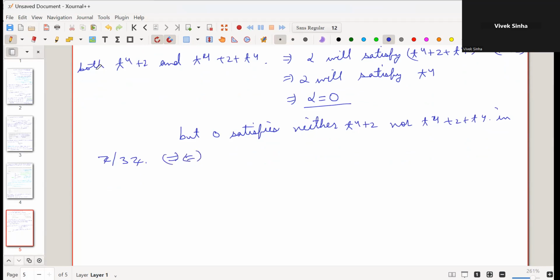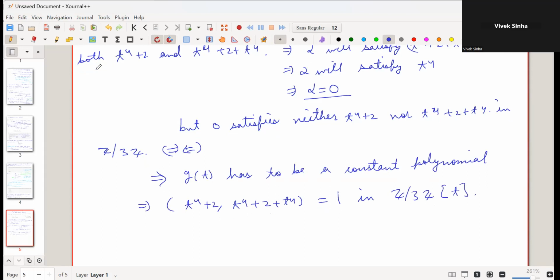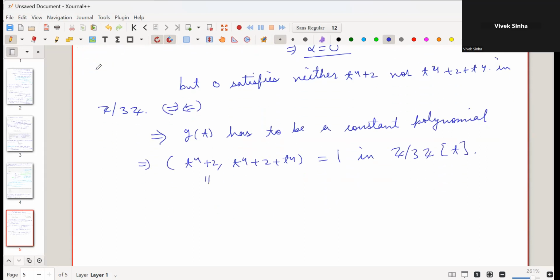Thus GT has to be a constant polynomial, which implies the GCD of T^4 + 2 and T^4 + 2 + T^4 is equal to 1 in Z mod 3Z[T]. And that is the same as the GCD of